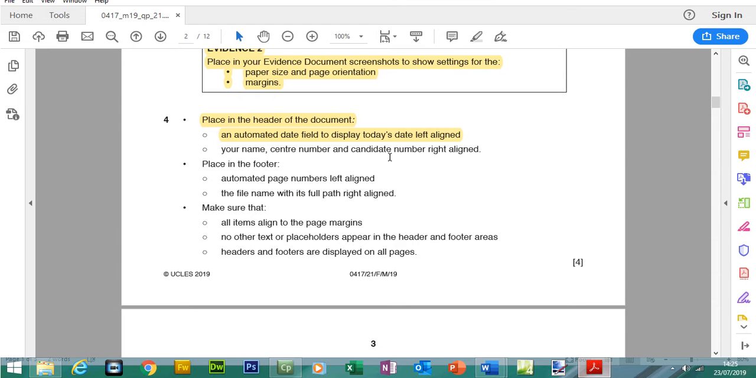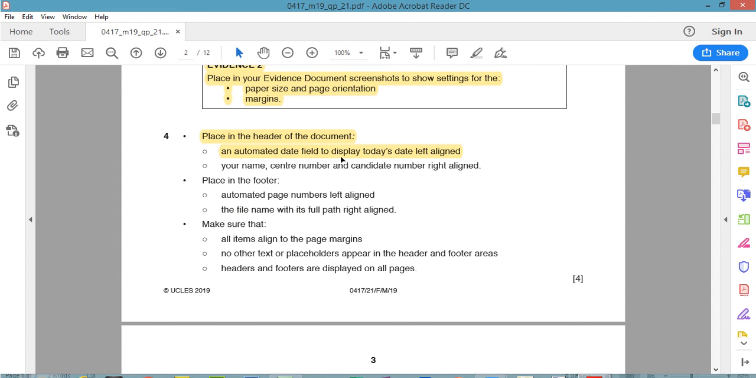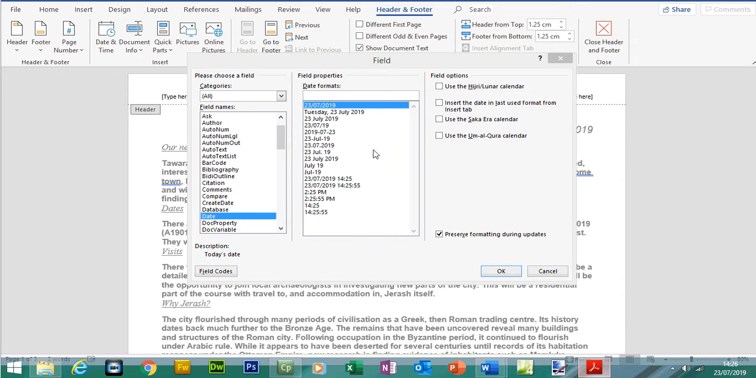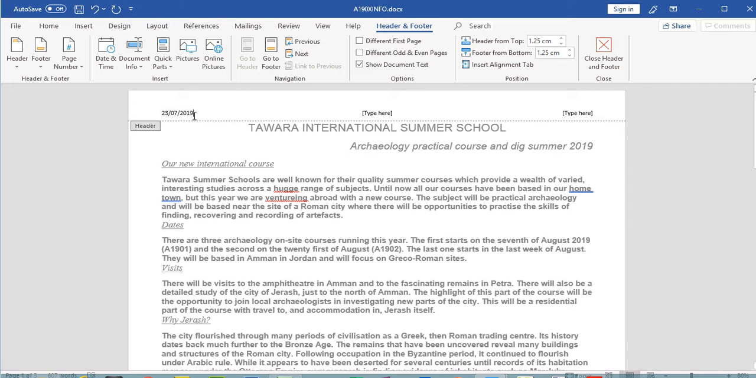Let me double check. Have they given us a specific format? No, they haven't. Okay, so that's fine. We can select any format for now. And then let's press OK. So we've got the date,